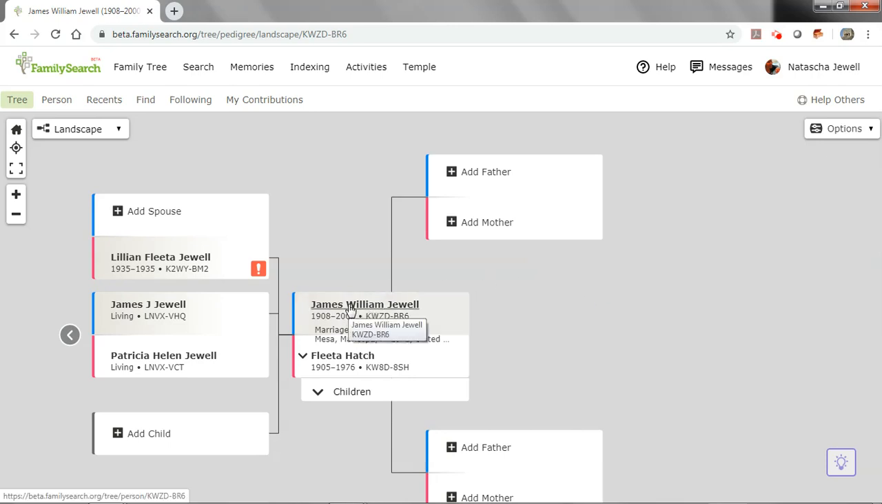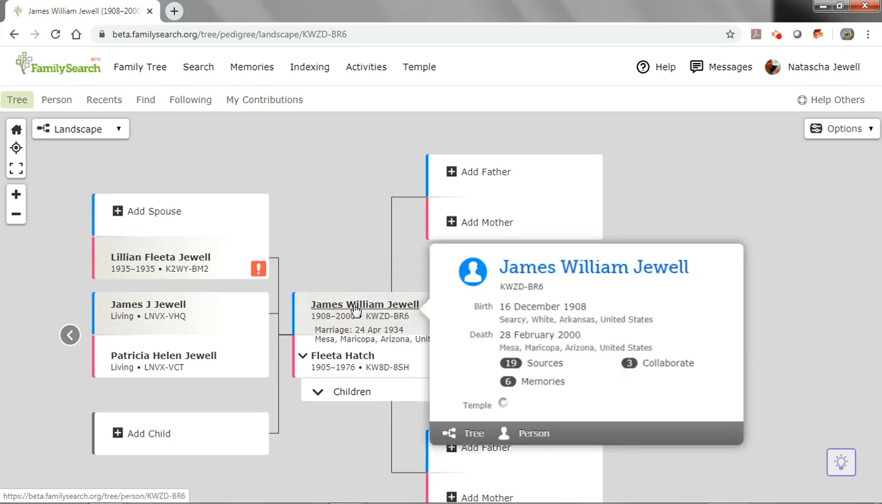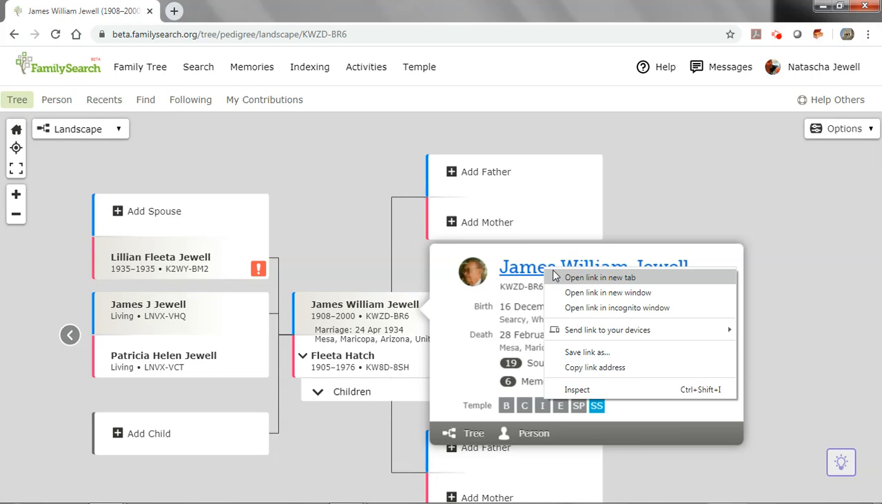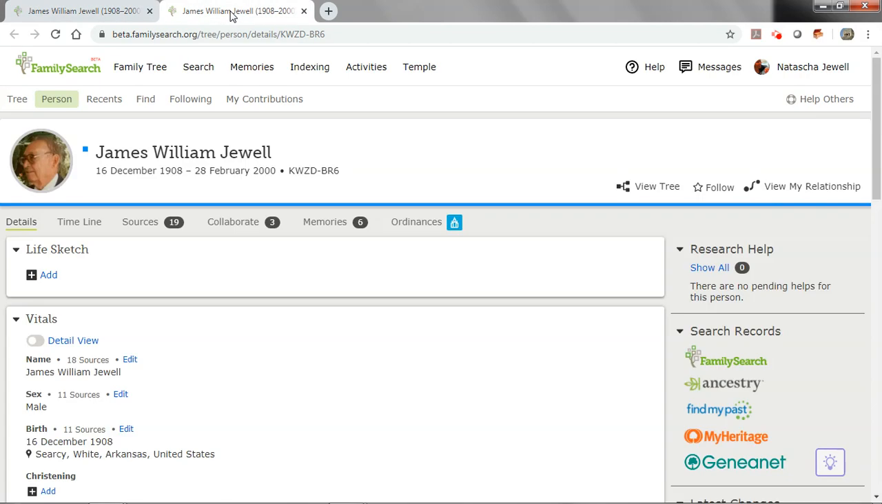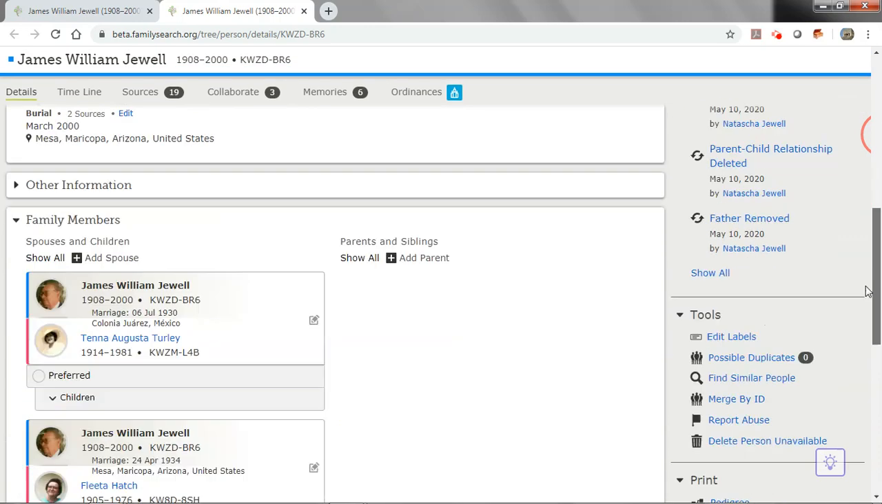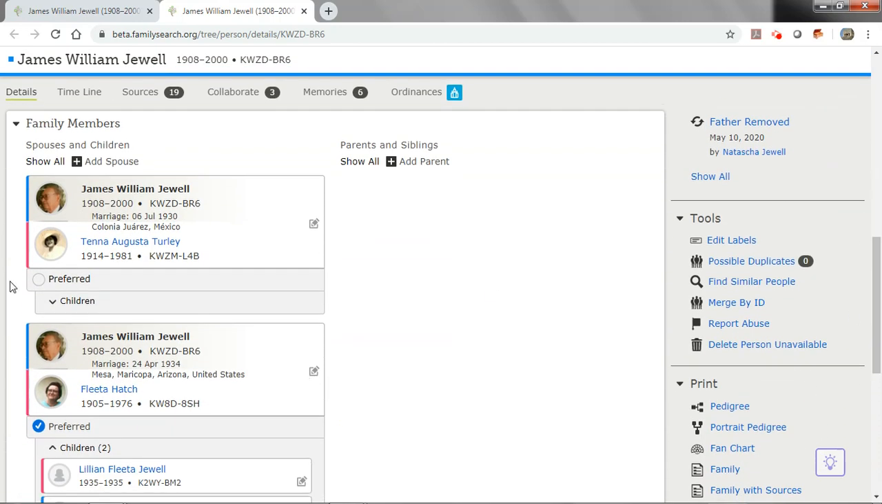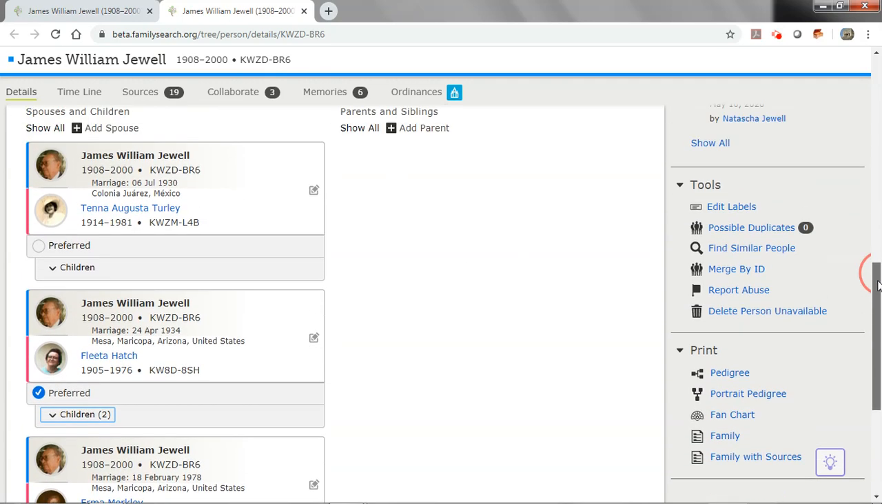What we're going to do is go into James William Jewell. We will click on him and we will click on the blue tab. Now, I could right click and open him in a new tab, and that would allow his pedigree to stay here to the left and he would be here on the right. So we're going to go ahead and do that. Now we're going to scroll down on his page until we get to the family portion. James William Jewell actually had 3 spouses, as you can see here, but he also had 3